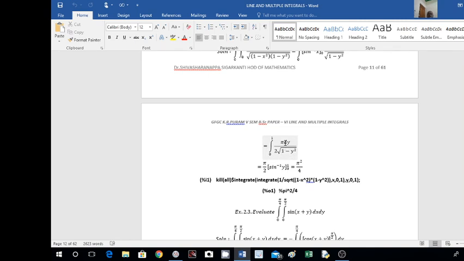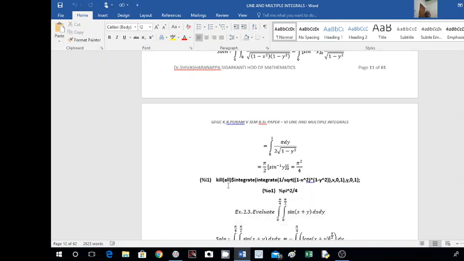Now we have to integrate with respect to y. Integration of 1 by root of 1 minus y square is sine inverse of y between the limits 0 and 1. I am keeping this pi by 2 as it is here. Substituting the limits, sine inverse of 1 minus sine inverse of 0. Sine inverse of 1 is pi by 2 minus sine inverse of 0 is 0. So this bracketed quantity is nothing but pi by 2. Already we have pi by 2 here. Pi by 2 into pi by 2 is pi square by 4.